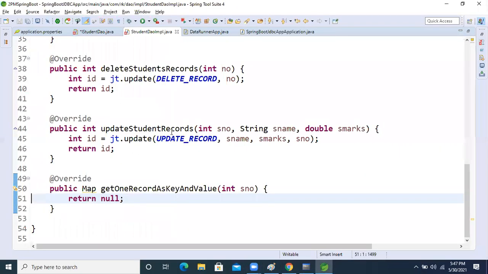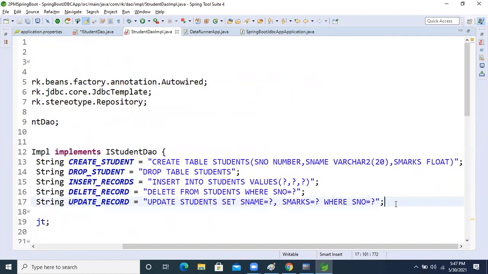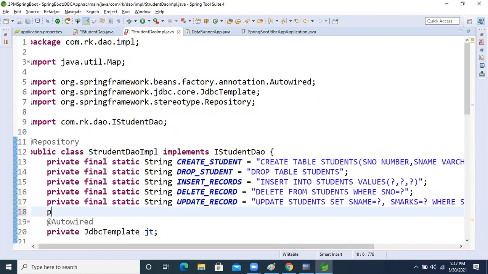So I want to select any record. First we will write the query, right? So what will the query be? Private final static String, right?